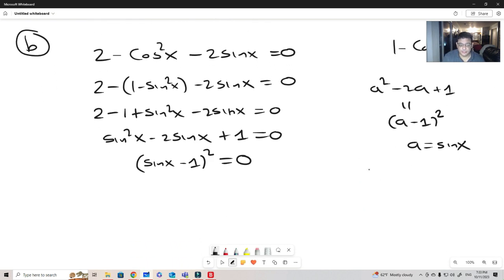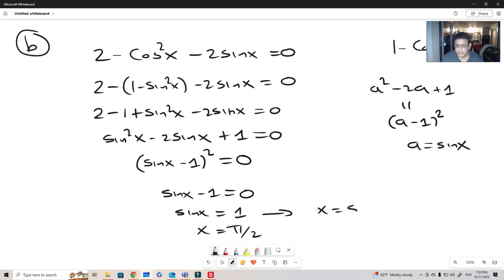And then, of course, because this is a square equals 0, I can take the square root on both sides, and I get sine of x minus 1 equals 0. And so this means the sine of x equals 1, and then x equals pi half will be the solution. Of course, I'm coming up with this because I know it from the unit circle,